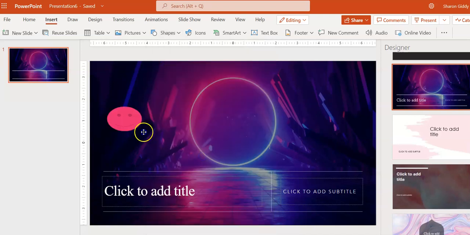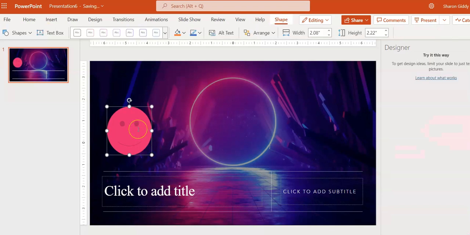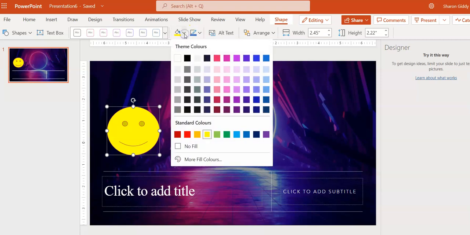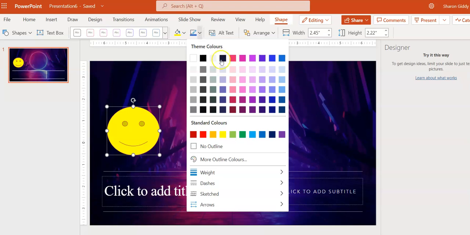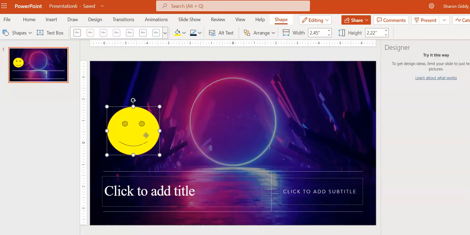So for example, I'm just going to put a smiley face in. You can then change the colour and the layout. So I might change it to yellow because a smiley face tends to be yellow. So you have this paint can here, which is the fill tool. You can also select your own different colours, and when you hover over them, it shows you what that might look like. You can change the outline colour as well, so you can create an outline colour from different colours